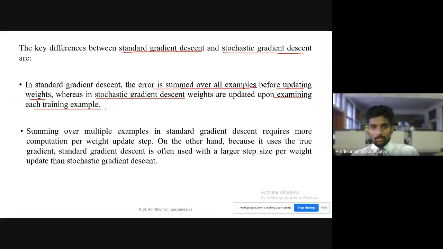But in the stochastic gradient descent, we take every training example and compute the error for that example. Then we move on to the next example and compute the error for that example again. Then the third example and the third error, and so on, till the number of training examples that we have, and that many errors we will have. So why this approach? It gives us a better understanding of how every training example contributes towards the overall error.